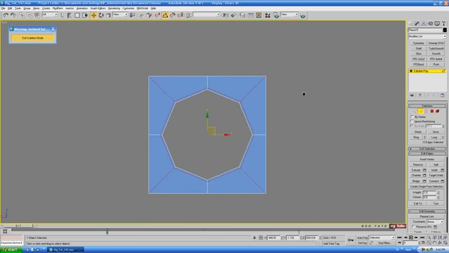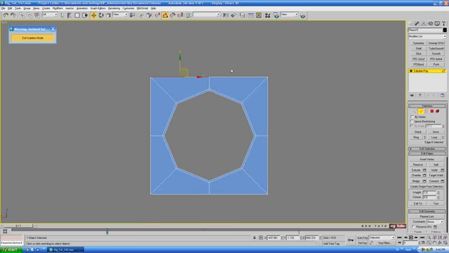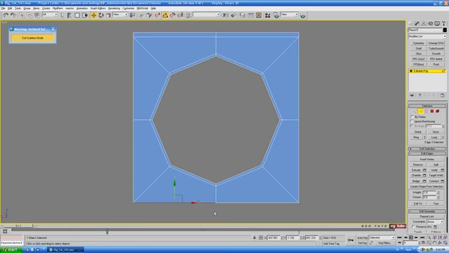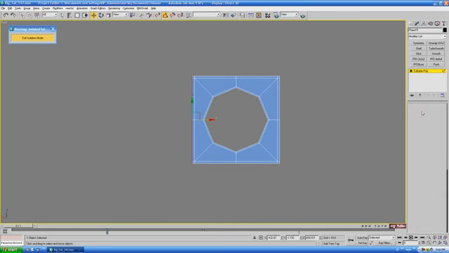Okay, and let's also go to edge here, and we'll just kind of model in the support edges that we'll need later on. So I'm just going to grab those 2 top edges, hold down shift, and we'll just extrude that up a little bit here. Do the same thing on the bottom, and try to get it even if you can. And the same thing on each side. So grab these 4 edges and shift drag them out on the X, and same thing over here. Okay, just like that. So get out of edge there,